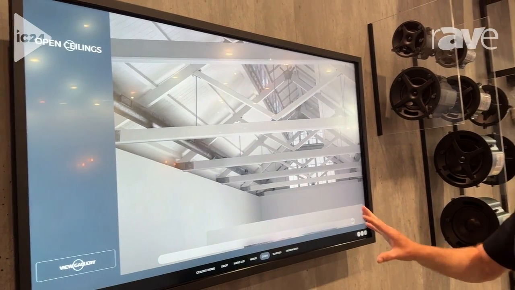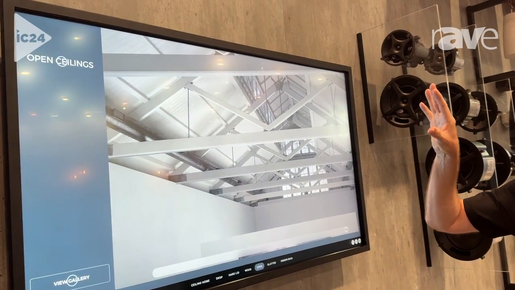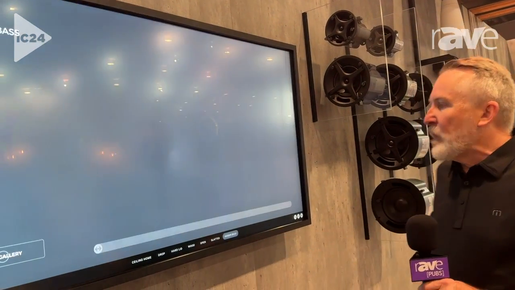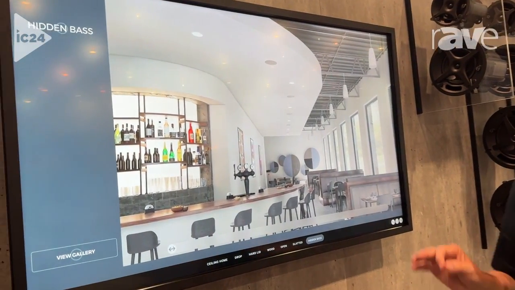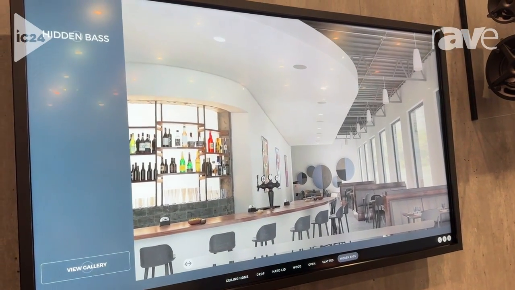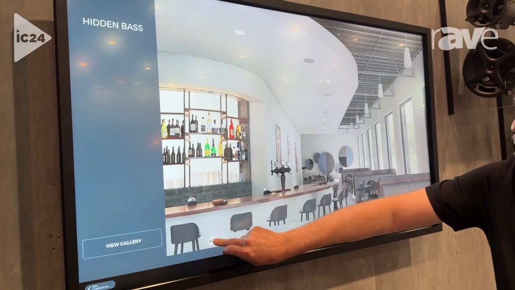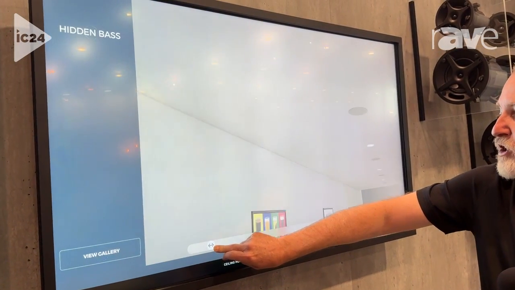So we're able to do that across all of these different scenarios of ceilings, walls, and displays, as well as outdoor. Now, hidden bass is an interesting one because it's an area that's quite often overlooked by the client as well as the integrator. Now we've got the ability of making it part of the conversation by saying, well, look,